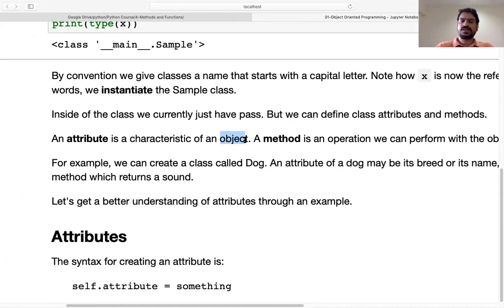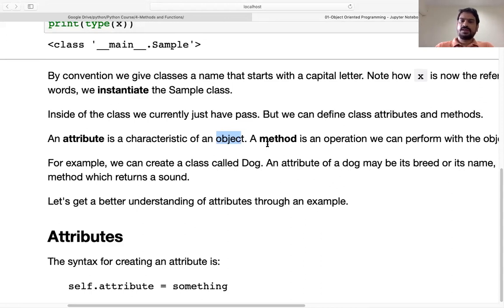Let's say we talk about the object dog. A dog has, let's say, its breed and its name. So a dog has some attributes. There may be the color also, there may be the height also, there may be male or female. All those are different attributes of an object.